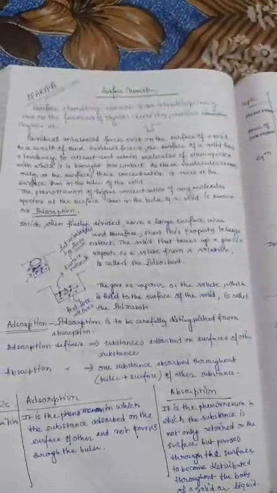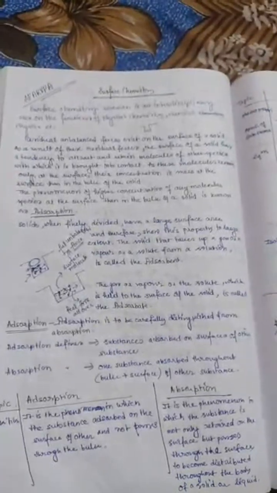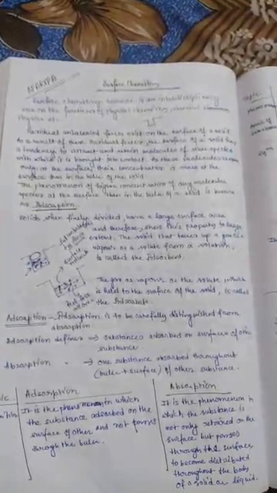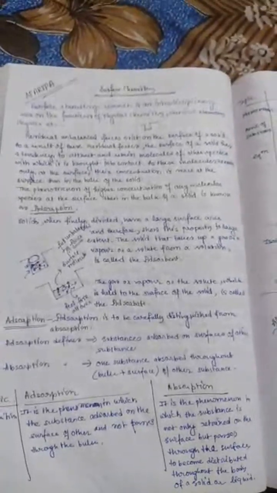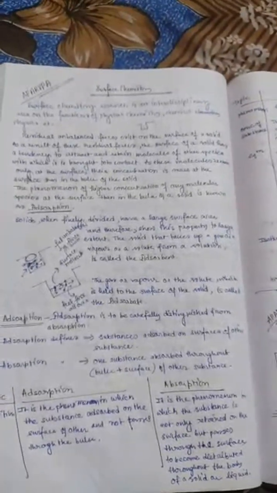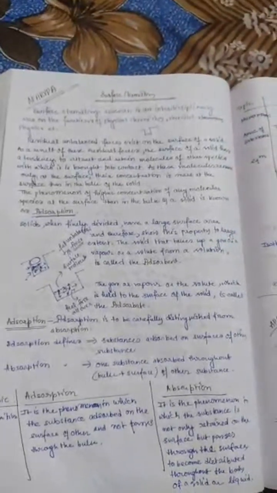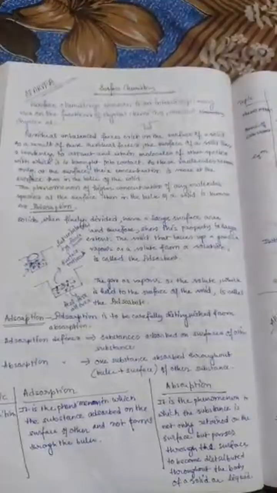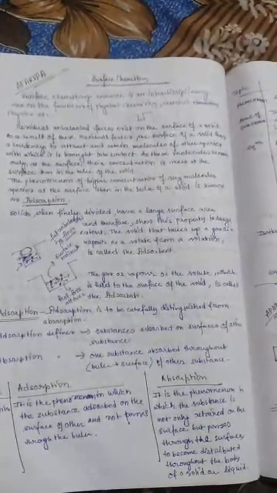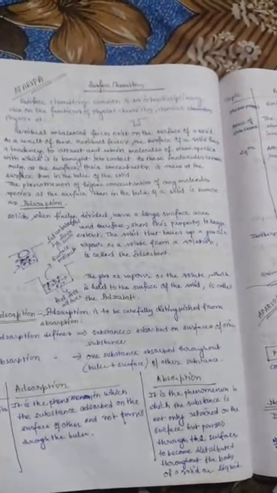Not only metal, in any compound where the adsorption takes place, that is called the adsorbent. Okay, where adsorption happens we call it the adsorbent, and what is adsorbed we call the adsorbate. If we take the hydrogenation process, nickel is used in hydrogenation, Raney nickel and H2 molecule. So Raney nickel is the adsorbent and molecular hydrogen is the adsorbate.